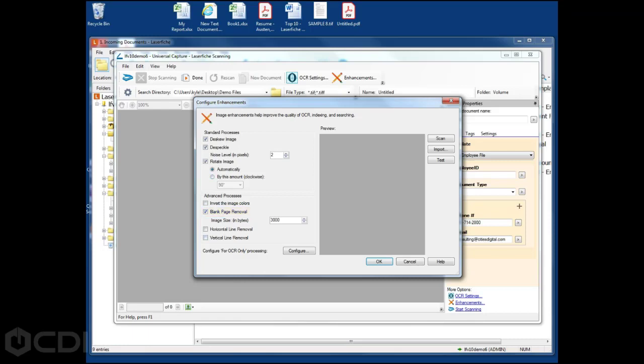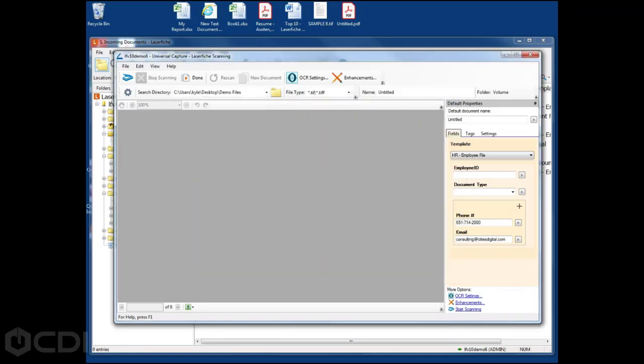These are all done automatically and in the correct order. No need to worry about what order to select them. It does the page removal before it does deskew and despeckle. With that said, you can go ahead and hit the Start Scanning button. Start Scanning button will begin the import or scan process,